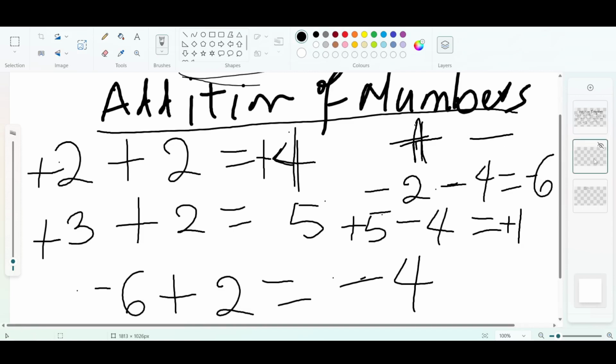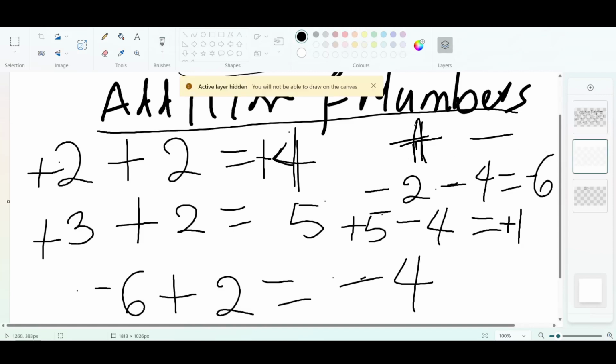So this is called addition of numbers. Now we want to look at the other things. Let's look at